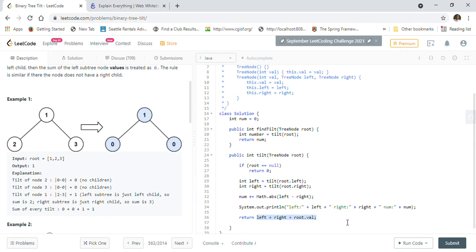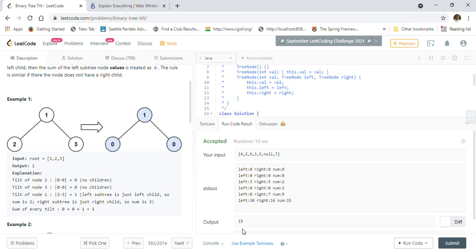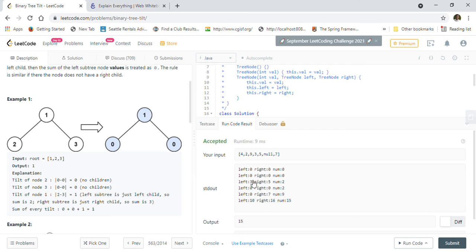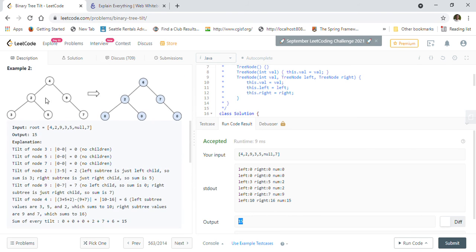So let's just call this function now. Let's just execute this. So as you can see, we are getting the correct result 15 here. The recursive call goes first all the way down, so we are doing this example here. So 0 0 0 0, then 3 5, so it reached the 3 5, and then the absolute difference becomes 2. So num is equal to 2 here, right?